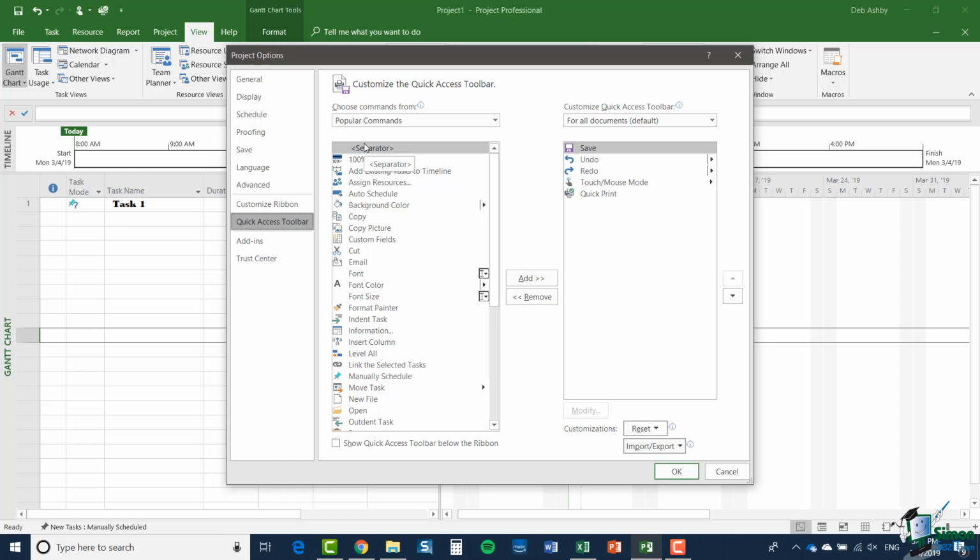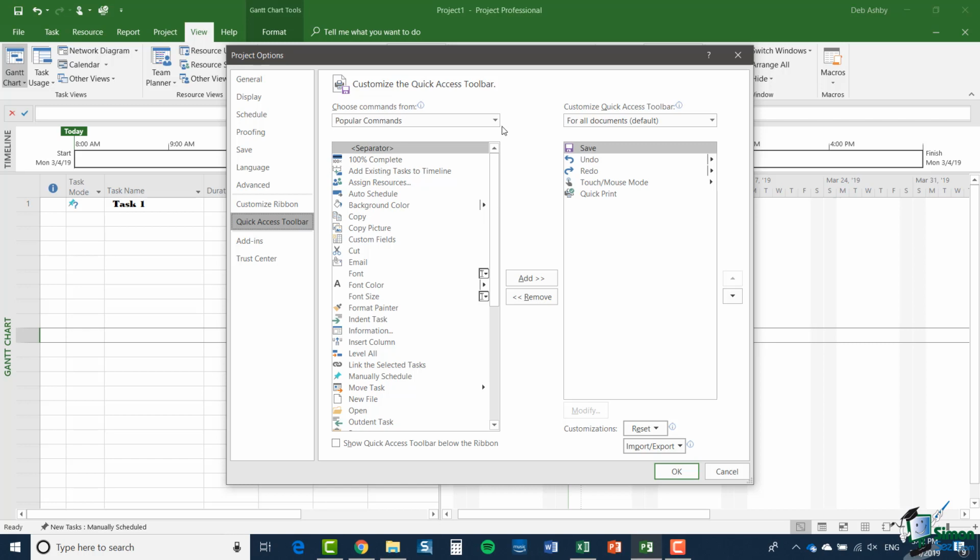Now, project options we're going to look at in two or three sections from now, but what we have open here is the Quick Access Toolbar page, which we can use to customize that Quick Access Toolbar. And let's suppose that I want to add a button to the toolbar, which will enable me with one click to make something bold. What I need to do is to find the bold command in the list on the left and then add it to the